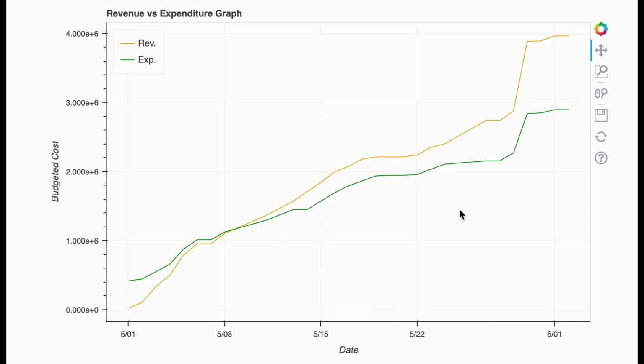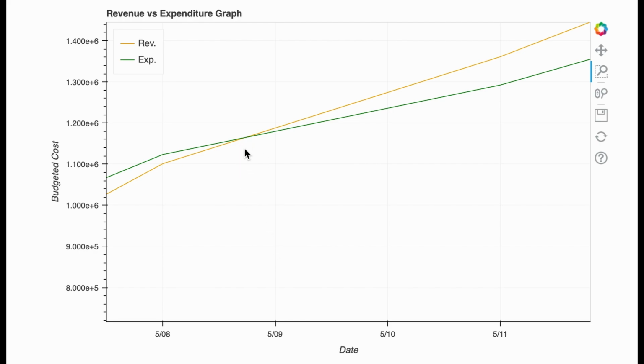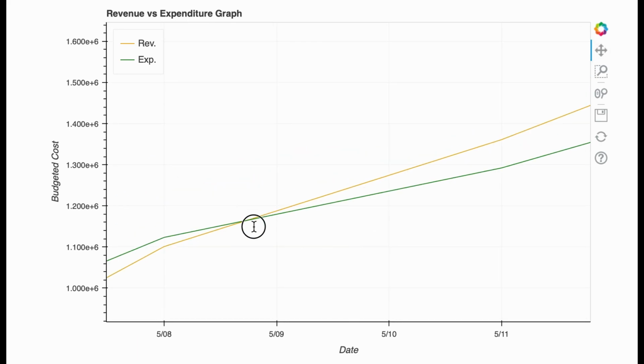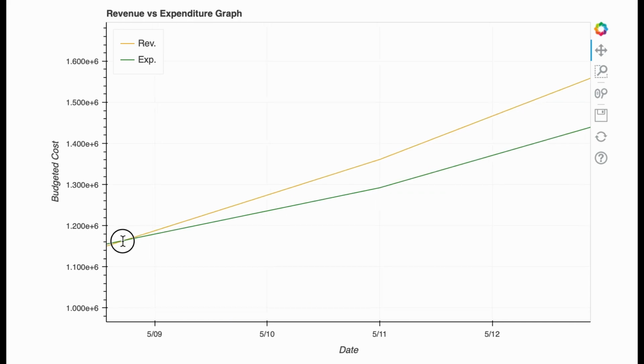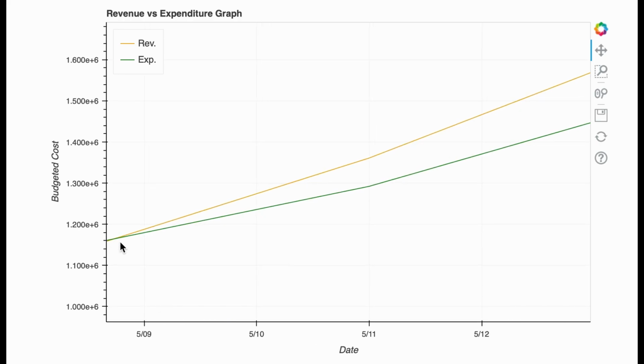To indicate where this project has the break-even point, we can also zoom into the break-even point, so that we can identify which day has the no loss, no profit section of the project, in between 8 to 9. Even if we want to see the values, we can see it here, around